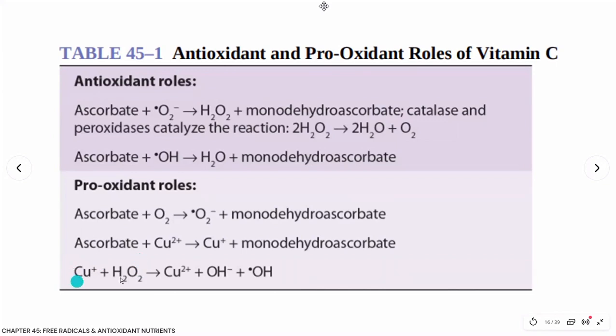Copper and hydrogen peroxide. This copper is cuprous. This one is cupric. Forms cuprous, and with hydrogen peroxide it forms now hydroxyl radical. Okay, so that is,